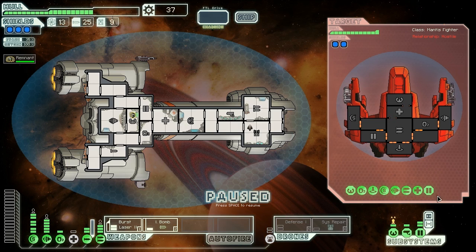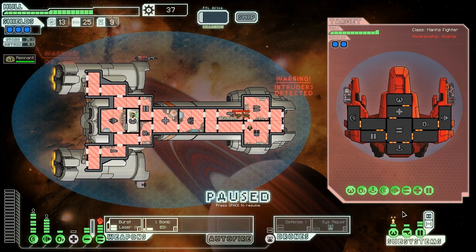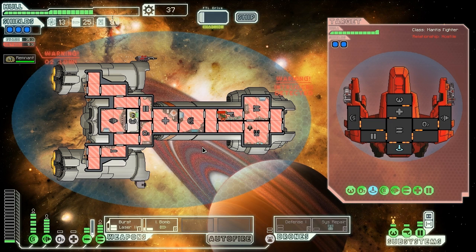Alright, well, they have a teleporter, so we're going to immediately start prepping our ship for dealing with boarders. Close off that door, let everything else suffocate out quickly. They are on board in our weapons room, which is perfect. We're going to close those doors on them, turn off the oxygen. That way these guys should suffocate pretty quick. We are going to burst laser into...